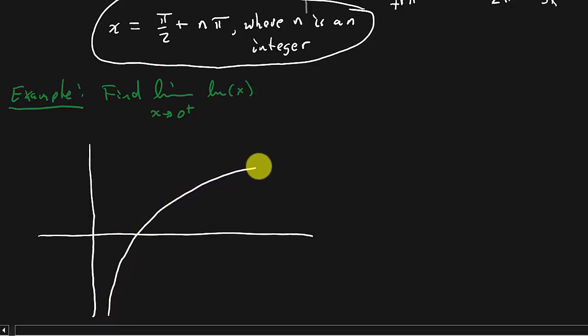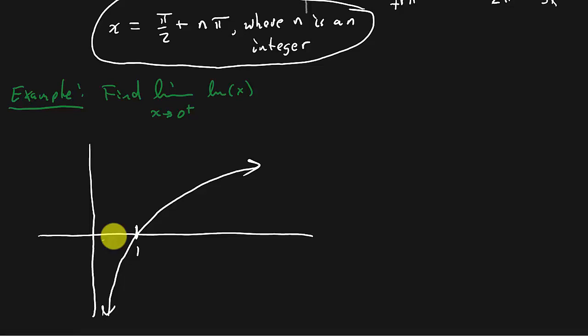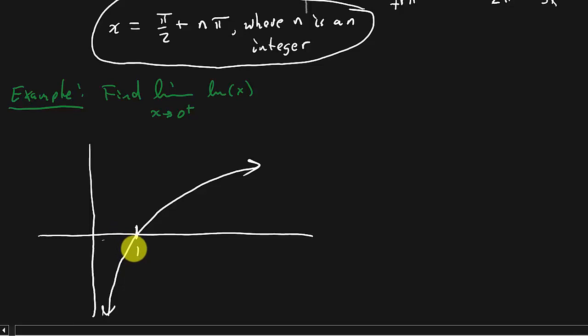Well, we know that graph looks like this, right? All right, and if we plug the 1 in, that gives us a y value of 0. Okay, and that's what the log function looks like. So you can see as we're getting closer and closer to 0 from the right hand side, this graph is going to